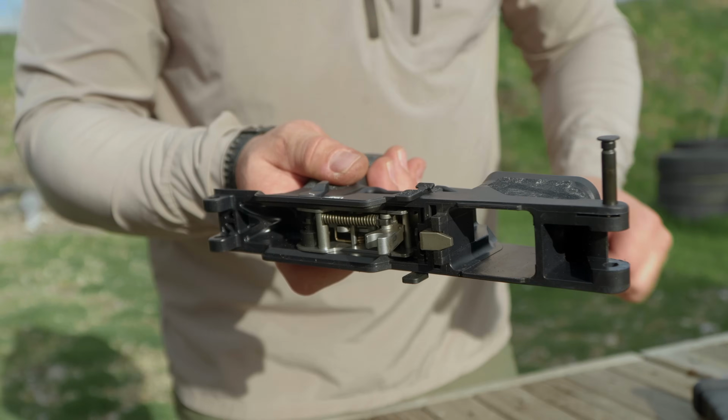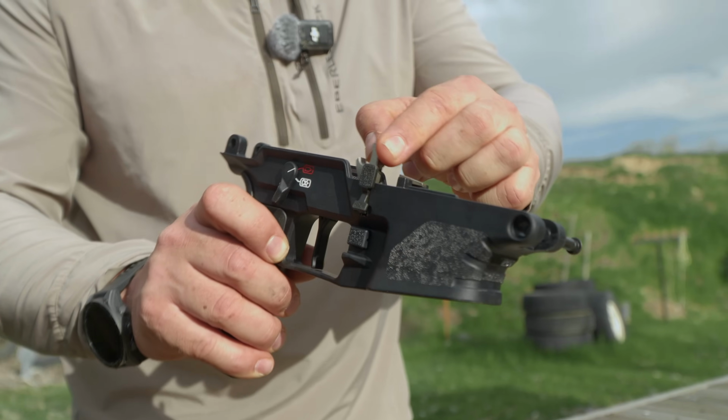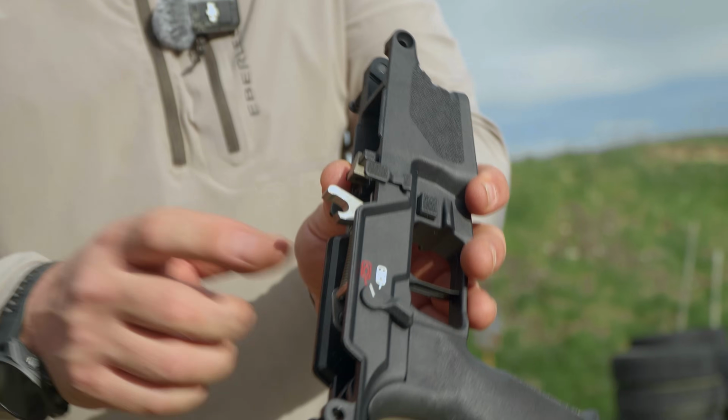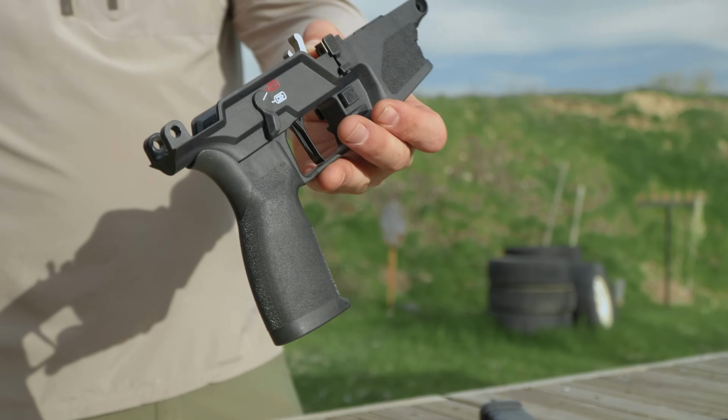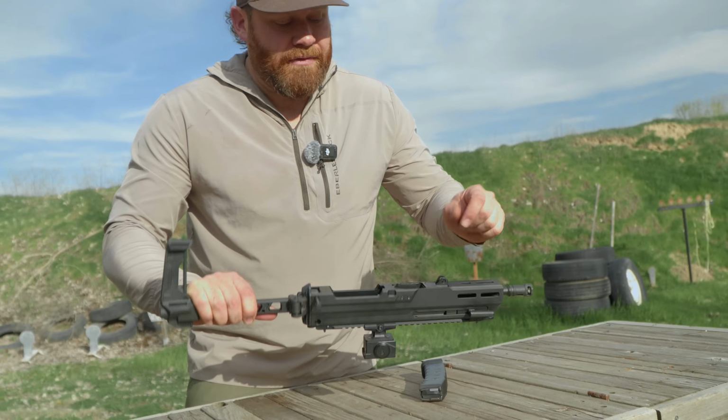But it does look like it has a nickel Teflon coating on it. It's really smooth, it's really slick. My guess is it's going to stay clean really easy, and the aftermarket world probably could improve on this, which is good news. So we're not going to take anything more apart on here, but you can see the bolt